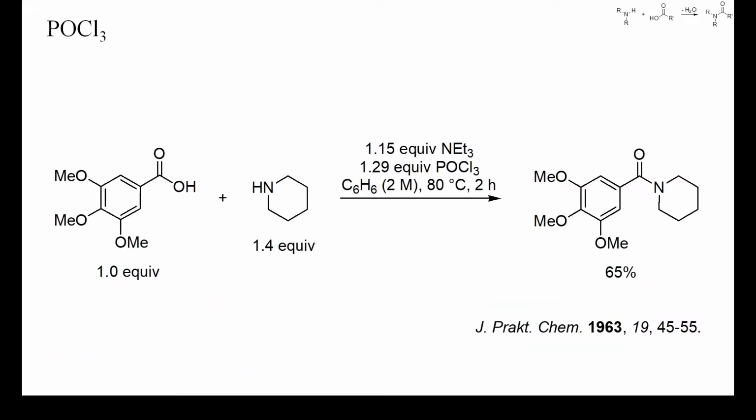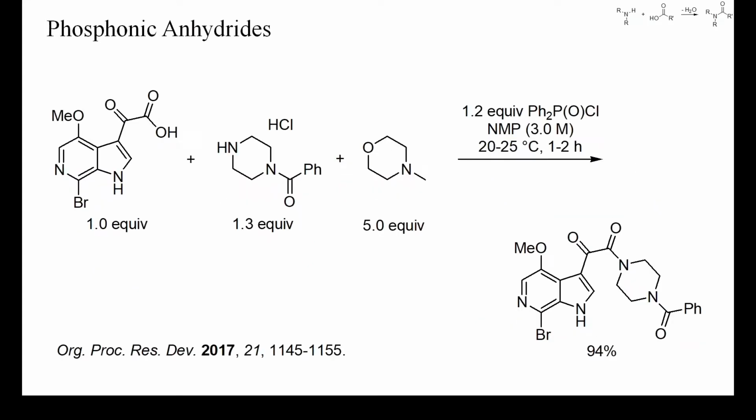This is an older instance of the use of phosphorus oxychloride as coupling reagent. The yield wasn't high, but like in the thionyl chloride example earlier, such couplings may give higher yields in a more polar solvent and at lower temperature. In this more recent example, the authors obtained best results with the cyclic phosphonic anhydride T3P. Because of its high price and uncertainty about the patent situation, they opted, however, for diphenylphosphinic chloride instead, which also led to clean amide formation.